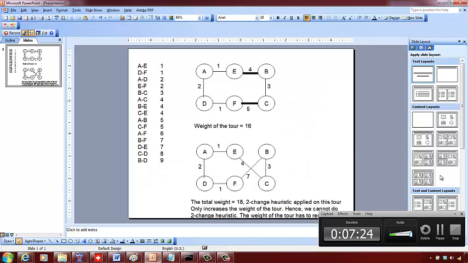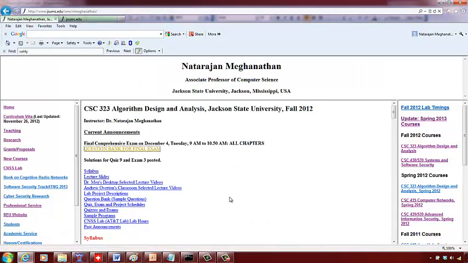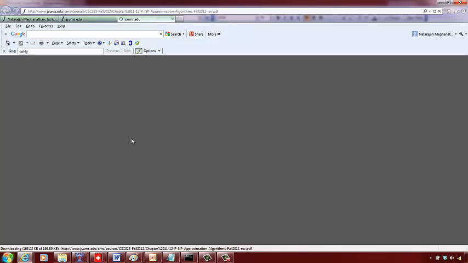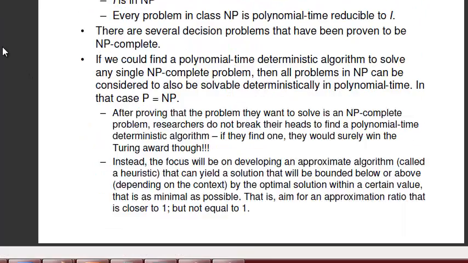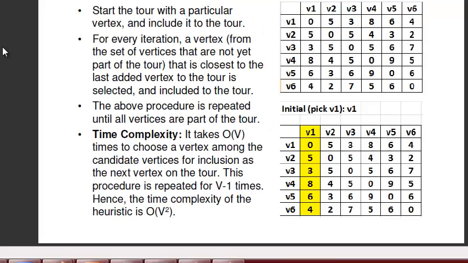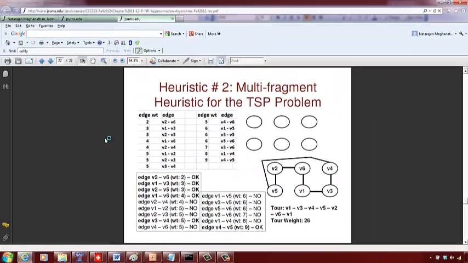Now, before I stop, let's go to the nodes. I have an example where the weight of the tour could be reduced further. If you remember what we saw in class, this example where again I sort the edge weights. So I start with V2, V6, then V1, V3, then V2, V5 is there, V1, V6 is possible, V2, V4